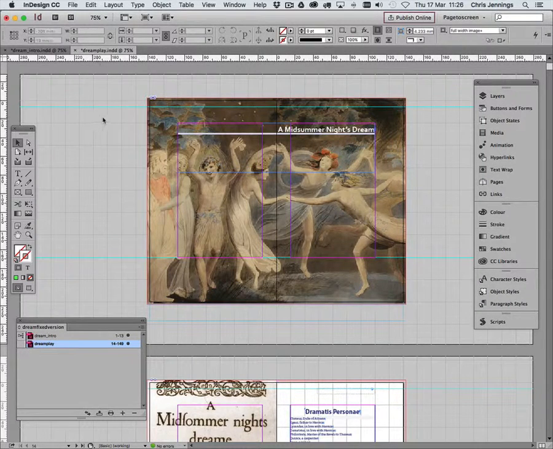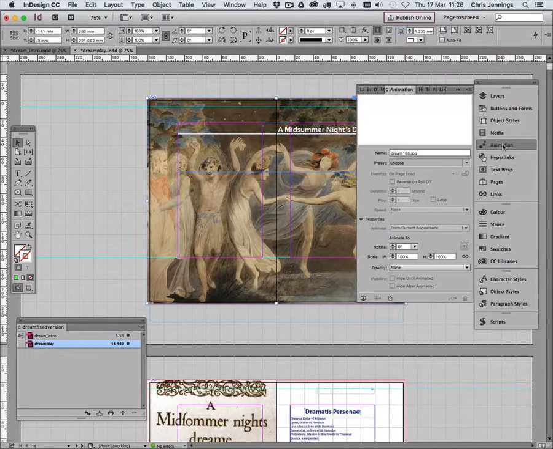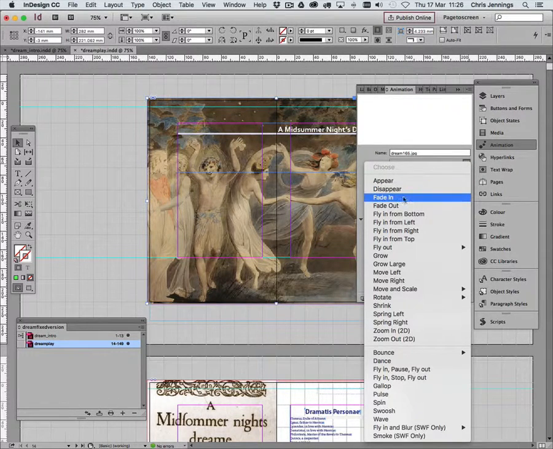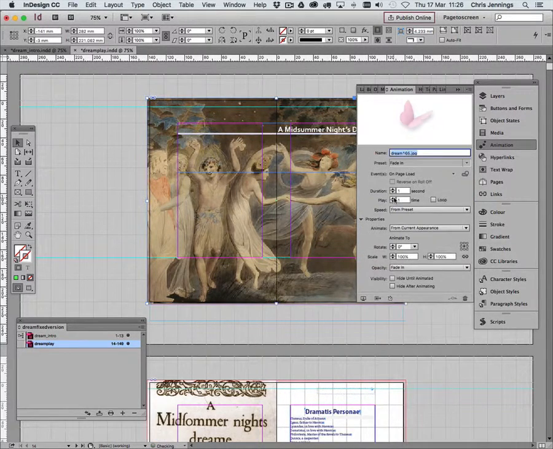Okay, but how can we make this appear a little bit more compelling? Well, one of the things we can do is to animate the images, or make the images appear dynamically, using the animation panel, selecting this image here, for example. I'm now going to choose from one of the presets, simply fade in. This is going to fade in. So obviously we can export this to the EPUB and have a look at it, but before we do that,